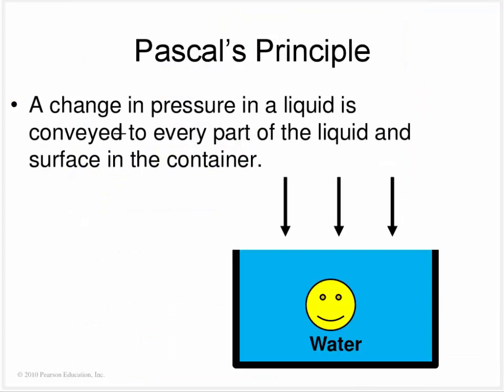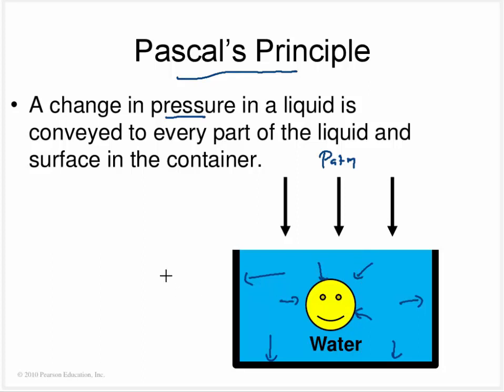Now I want to finish off with the last concept of the chapter, which is going to be Pascal's Principle. What Pascal's Principle says is if you apply pressure to a liquid, then it's going to go to every part of the liquid, or to every surface in the liquid. So if you had, say, the atmosphere pressing down on a tank of water, then that pressure is going to go to all surfaces, so it's going to go to that surface, that surface, that surface, that surface. And if you had an object in the water, it's going to go to that surface, that surface, that surface,